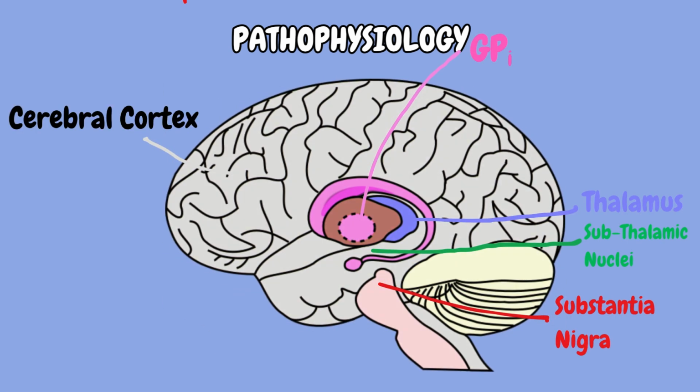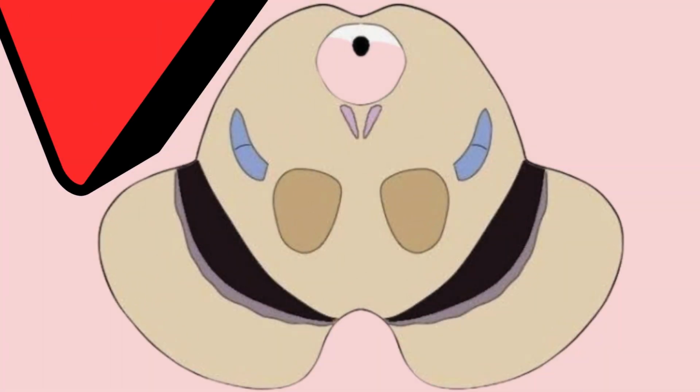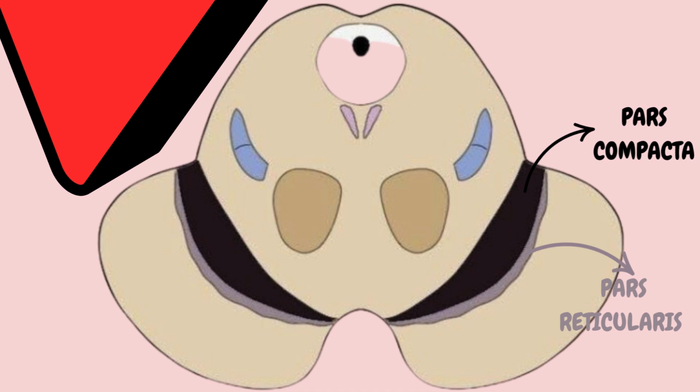Now let's move to the pathophysiology of the disease. This part gets very confusing, so I want you to follow very closely. This is a diagram of the brain and the location of the parts that are relevant to the disease. Let's discuss the physiology first. From this diagram we can see the substantia nigra. The substantia nigra is in the midbrain and it is divided into two main parts, the pars compacta and the pars reticulata. The pars compacta, also known as the SNPC, contains dopaminergic neurons, while the pars reticulata, or SNPR, contains